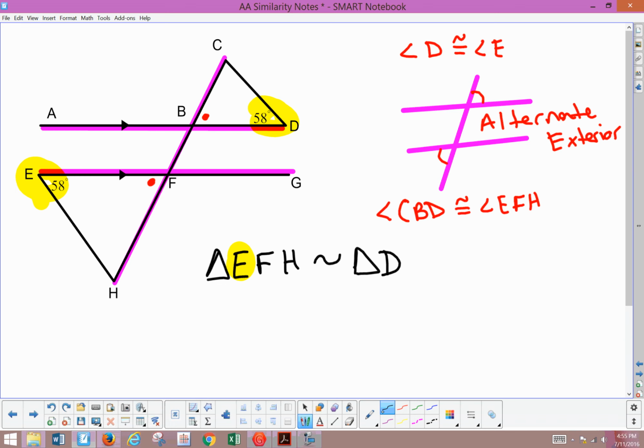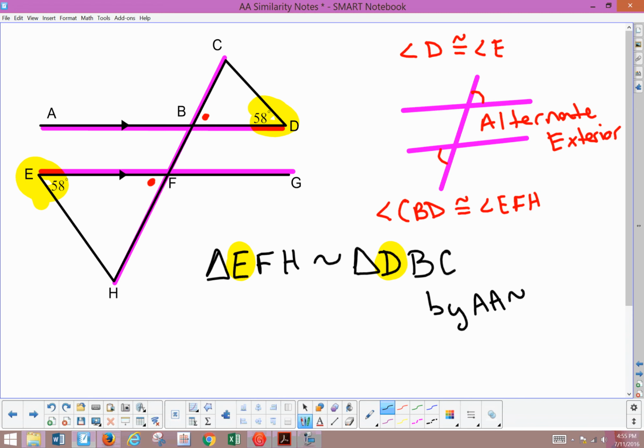That would be D. Everybody see that? Okay, what matches F? Well, F was my red marked angle. I'm going to use B as the matching corner. And then H was not marked. That will match C. And that is by angle